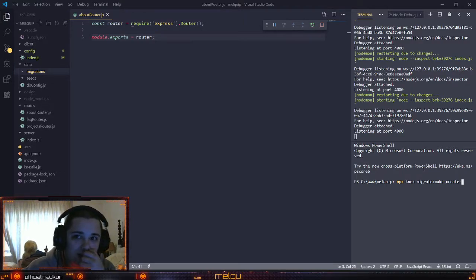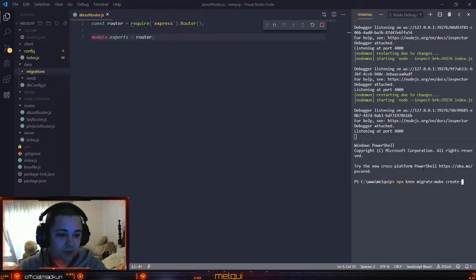Let me think how I'm gonna store the text. Yeah, I don't think I will store the about text in a database, but the questions and the projects I will. So let's try projects first,